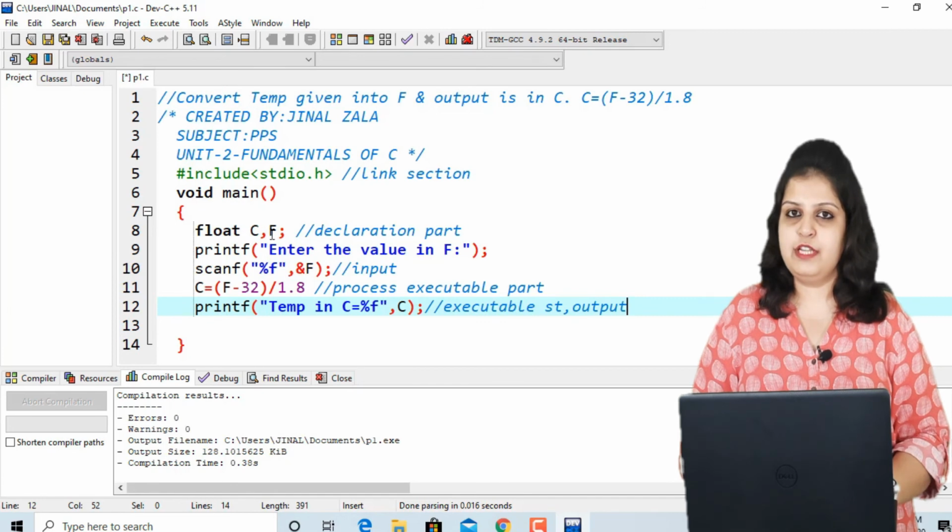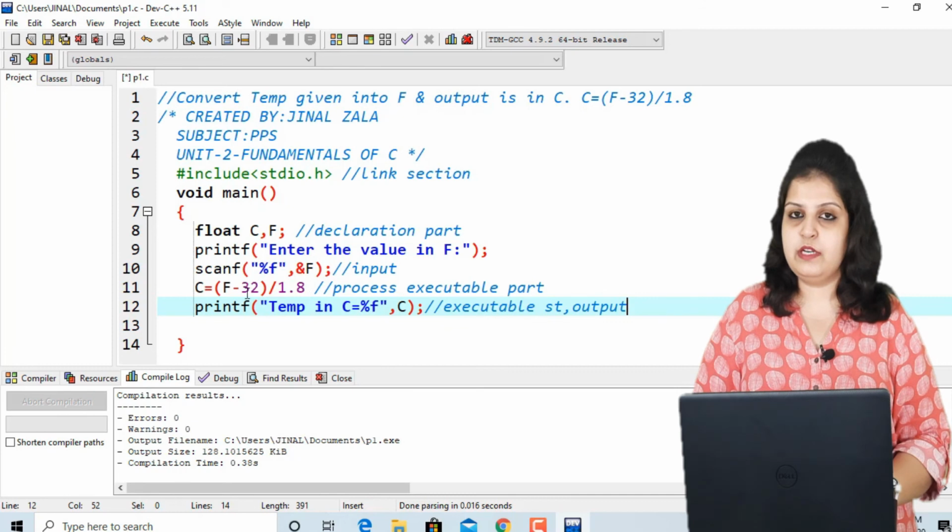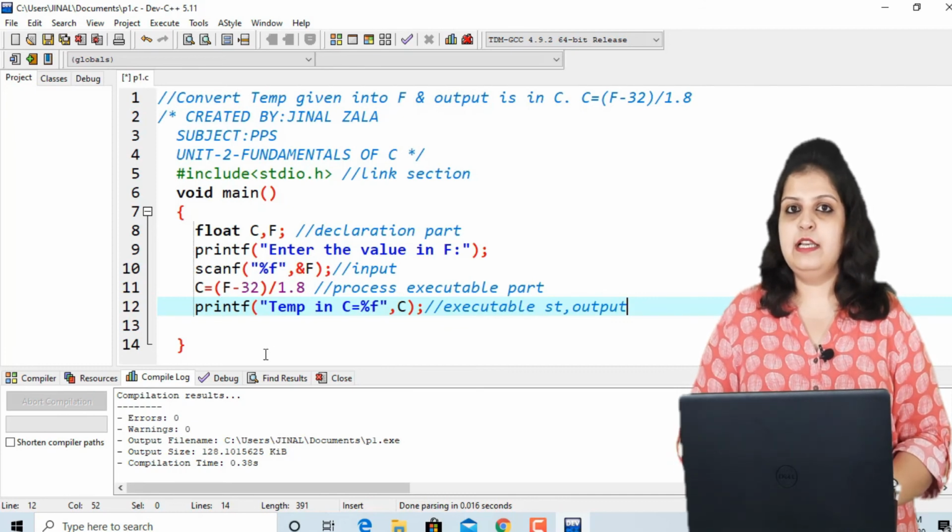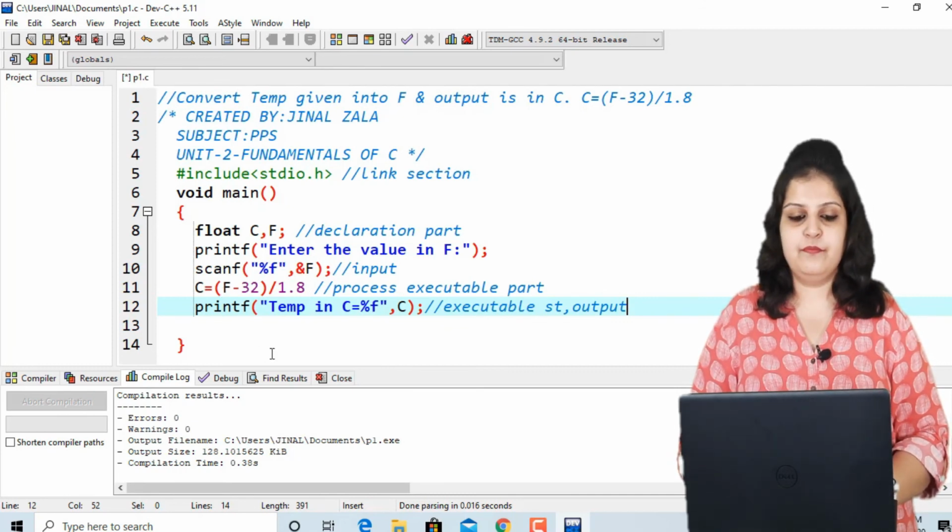First we have to take two variables, then scan our input variable, that is temperature in Fahrenheit. After that calculate and store it in our C variable, and finally print the value of C.